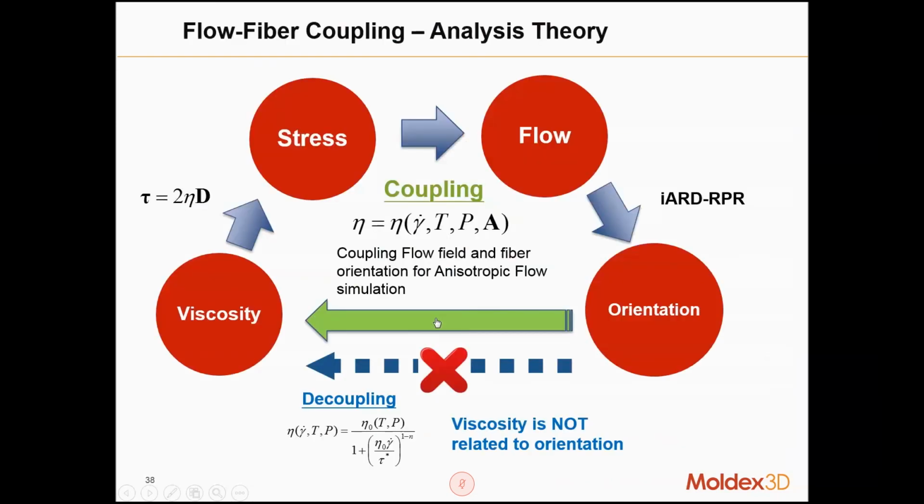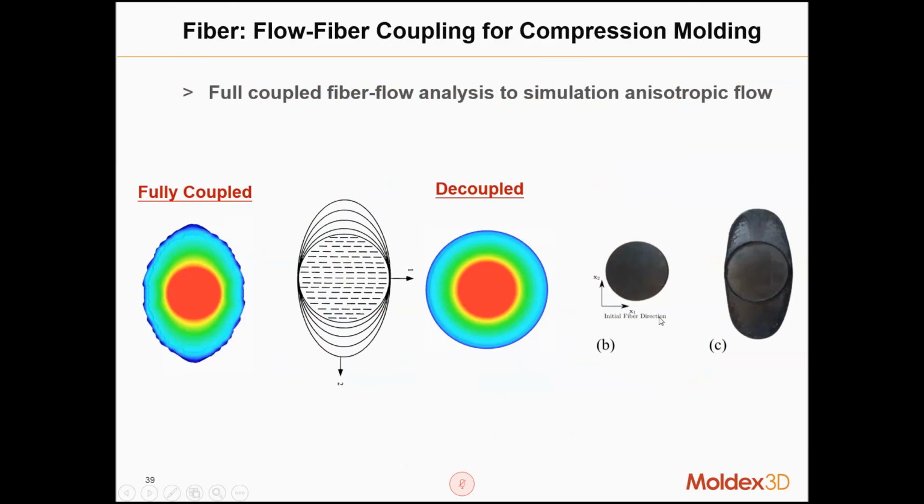And the last one is our fiber couple solver. In the traditional way, we have a viscosity of a material, and we can calculate the flow result. We have a velocity field, and then we can get the fiber orientation result. In fact, the fiber orientation will change the viscosity. We didn't consider this in our previous versions, but now it's possible. And we can show you what is